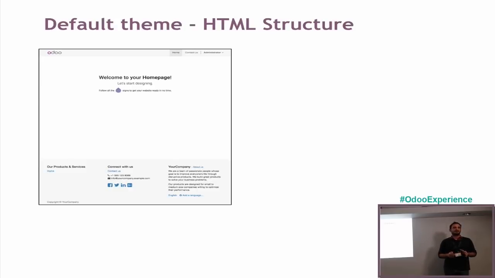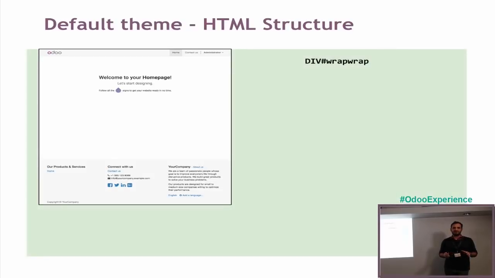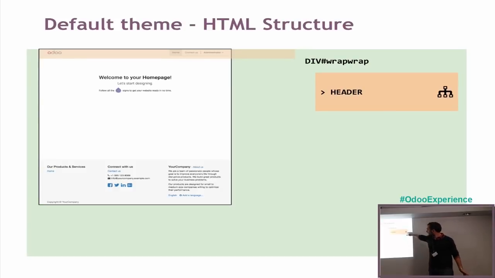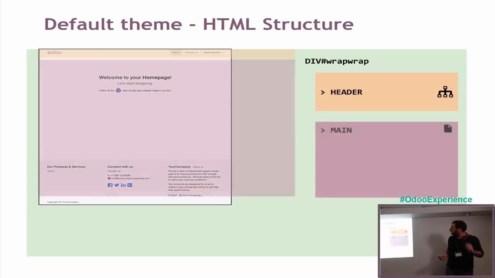The default theme provides a structure, as I said before. Everything is inside the main div with the ID wrap. Then we have the header. The header is the same for each page of the website. This is why I use this little icon that we will see later. Then we have the main element, which is actually the real